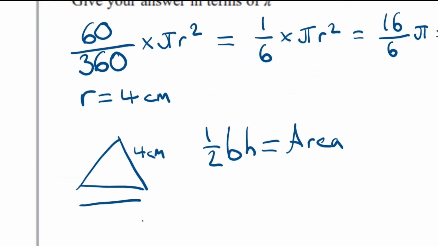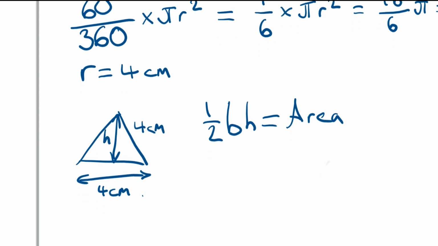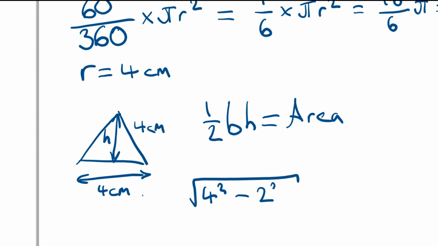So the base is going to be 4 centimeters. And we need to use Pythagoras' theorem to calculate the height, which is going to be like this. Okay, so to calculate h, we can think of this as the hypotenuse, which is 4 squared, minus 2 squared,